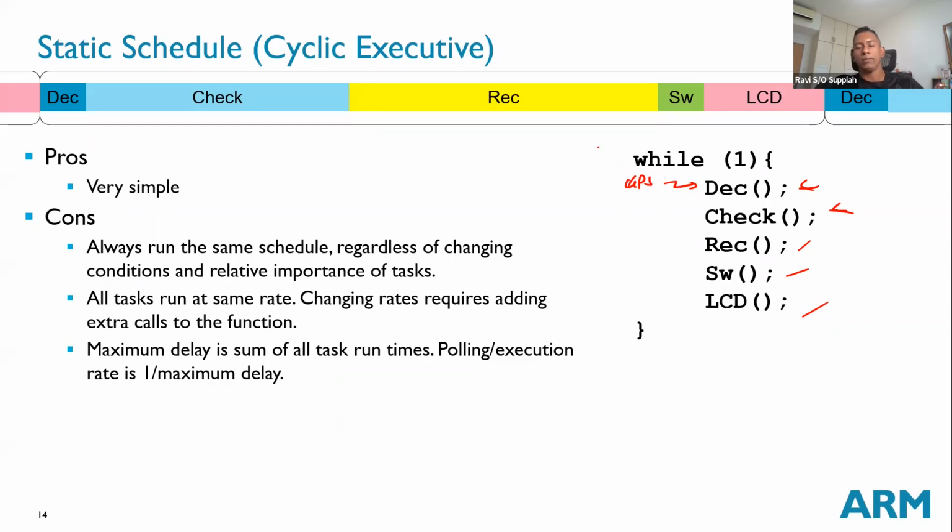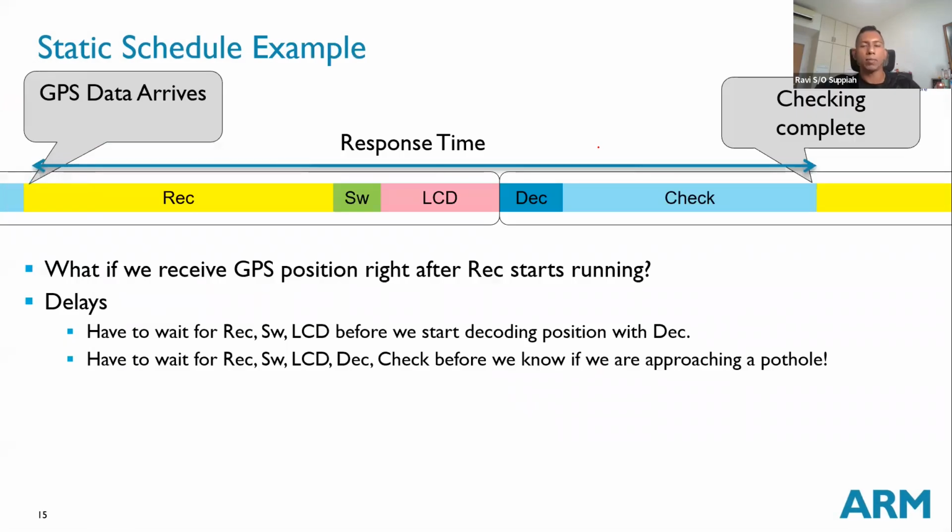But GPS data is coming in a non-periodic manner. We do not know when the next updated value will come in. As and when the GPS module receives it, there will be new information. But since I'm running all my routines in a sequential manner, if my GPS data arrives just after the decode function has finished, then what happens? I need to wait for one complete cycle